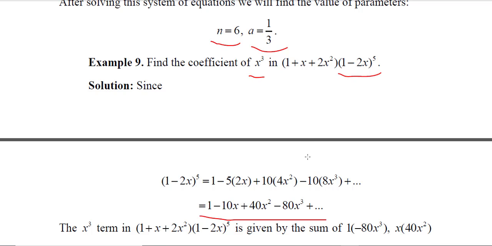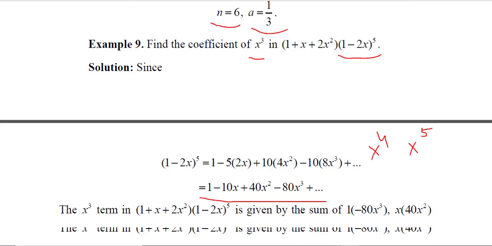That's why we don't need other terms with x to the fourth power and x to the fifth power. Yes, here we will get these 4 and 5, but we don't need them because we need to find just the coefficient of x cubed. So here we need only the 0 power, first power, second power, and third power. So they are equal to